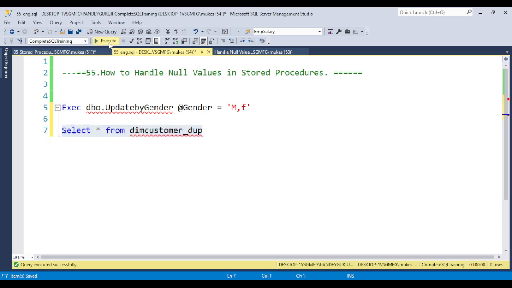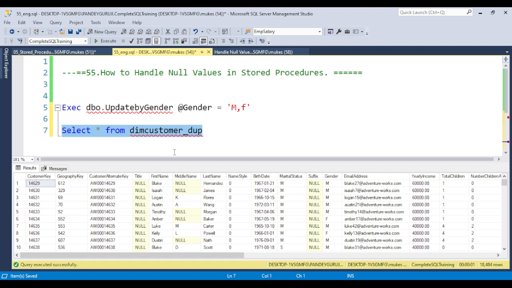So if they pass male, suppose WHERE gender is equal to male, male has only around 9,351 records.